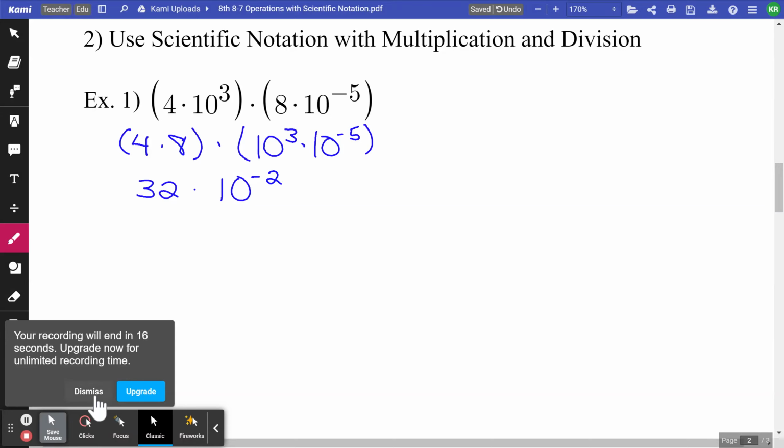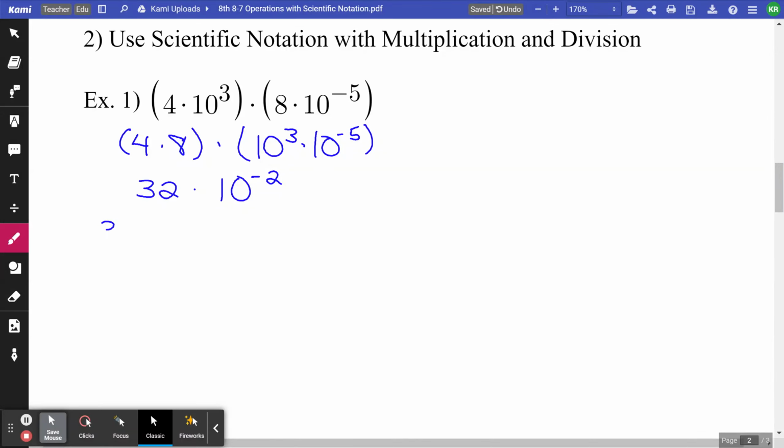And then we're going to change this to 3.2 times 10 to the first times 10 to the negative second. And then that becomes 3.2 times 10 to the negative